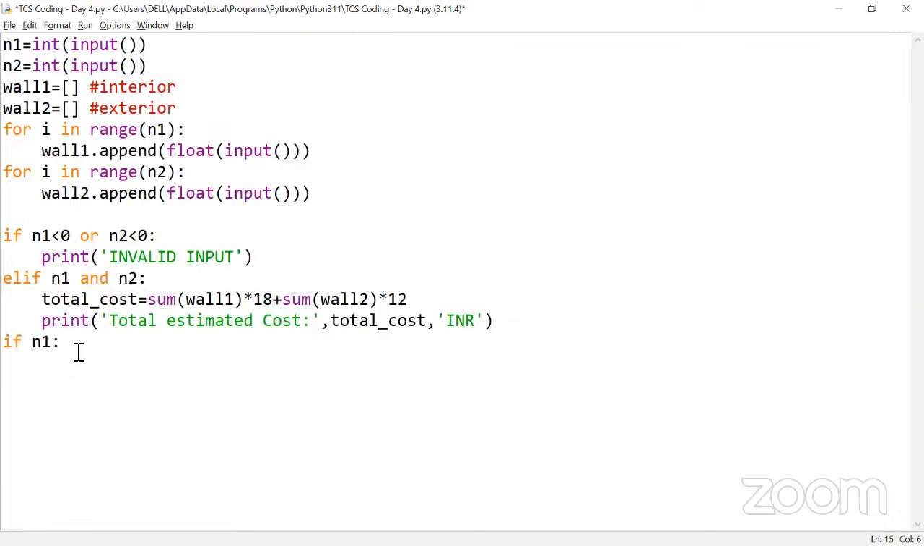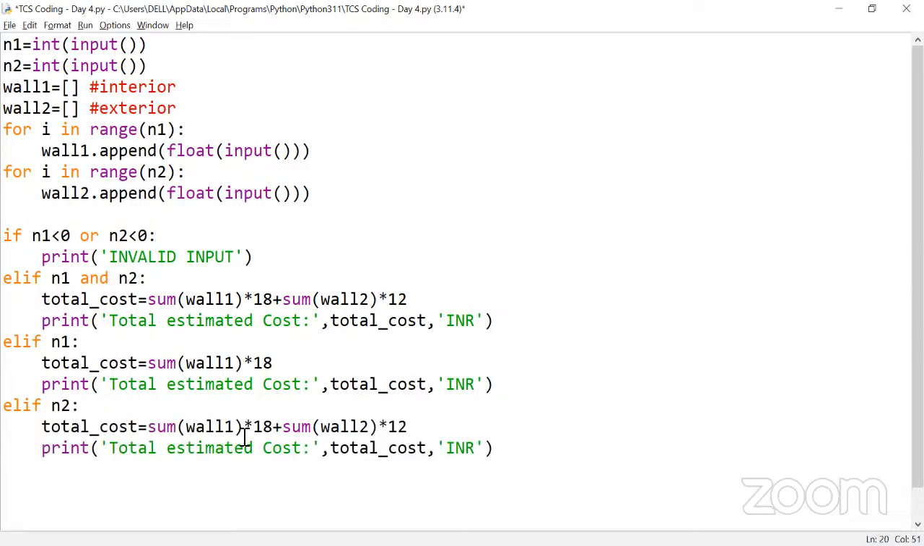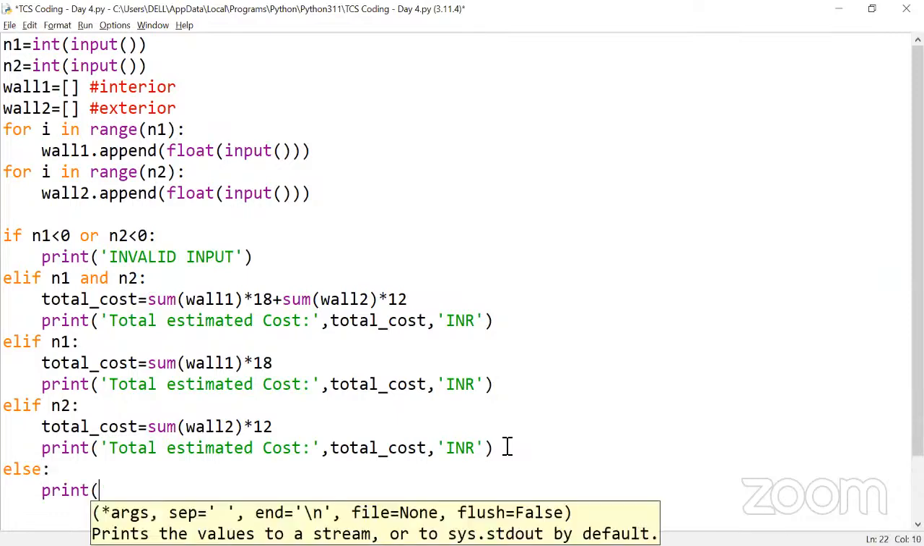So I'm going to copy one more elif. Here the total cost must be the sum of wall 1 multiplied by 18. And else if the N2 is available, then your total cost must be the sum of wall 2 multiplied by 12. And if all these conditions are not passed, then in an else block you have to print the total estimated cost as 0.0